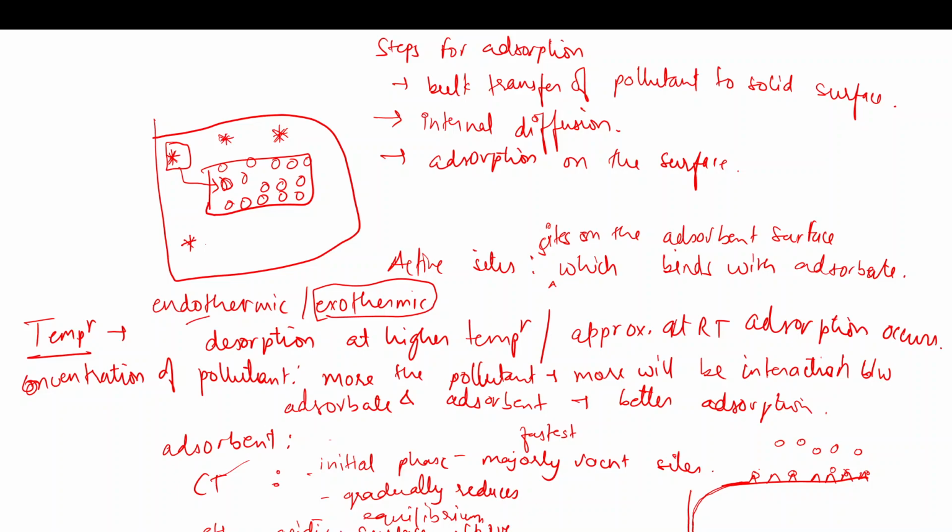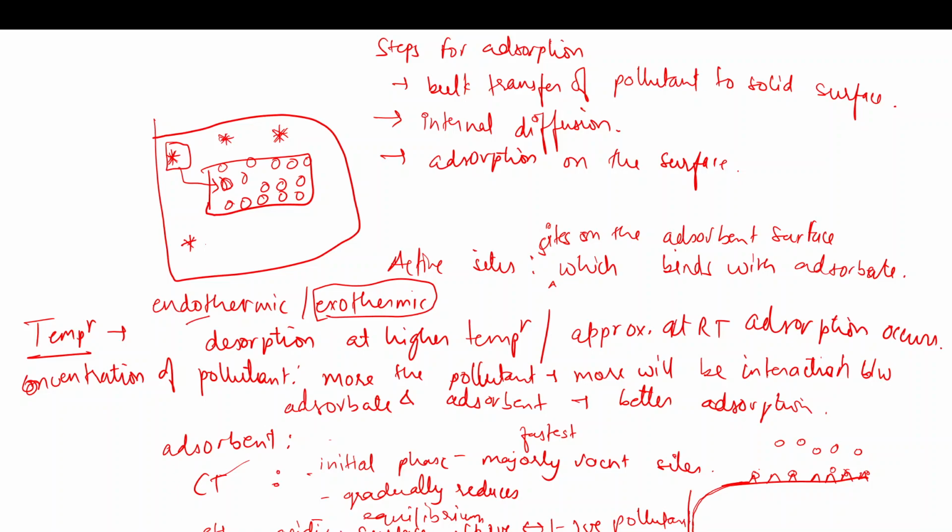So to have electrostatic force of attraction, if the surface is positive, then negatively charged pollutant can be adsorbed, and if the surface is negatively charged, then you can adsorb positively charged pollutant